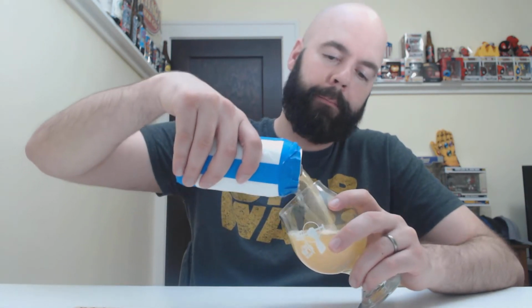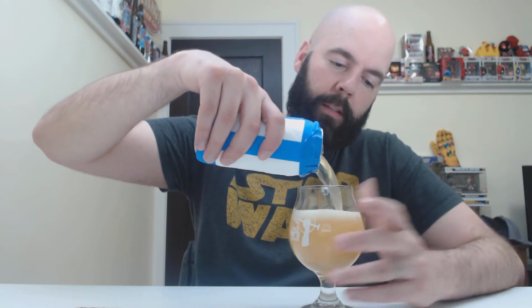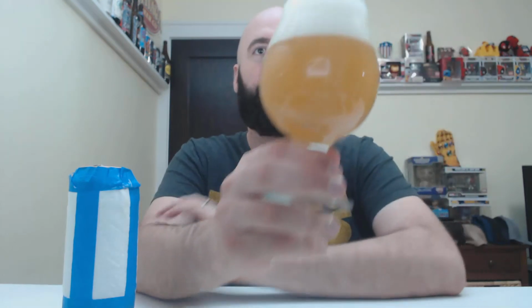Looks like an IPA. Okay. Well, I haven't got my face in there, but when I cracked it open, it definitely smelled like an IPA. Well, and then I get a lot of citrus, so I guess it could be something else. Could be a wit beer. Yeah. So it's hazy,